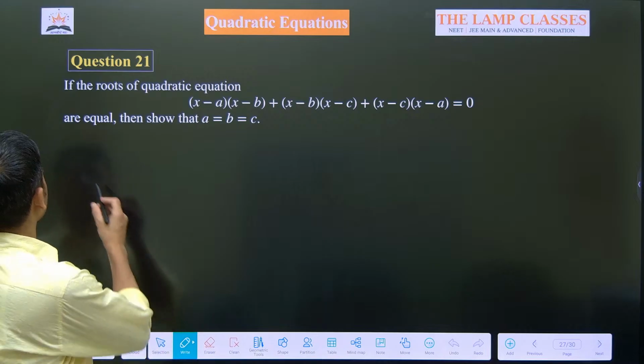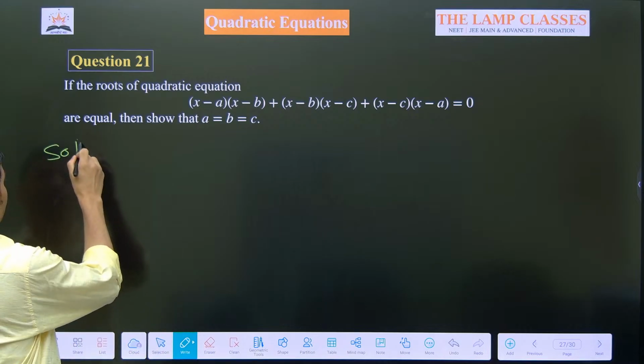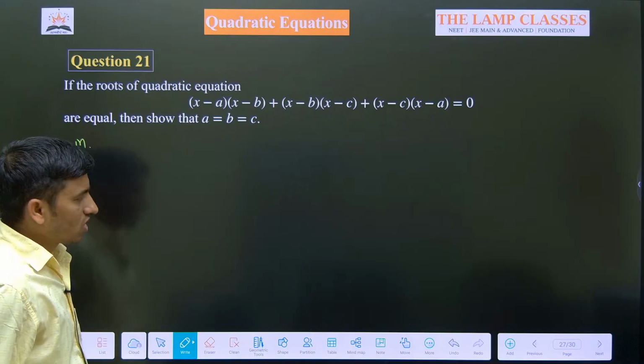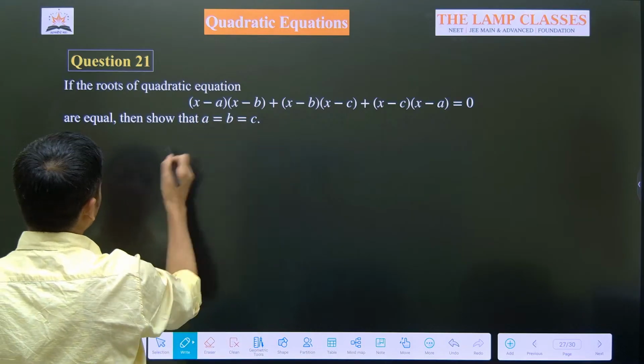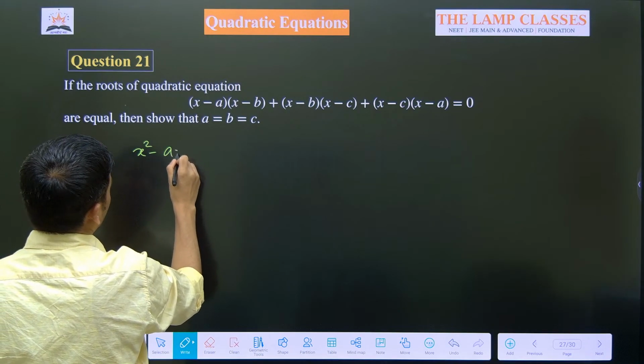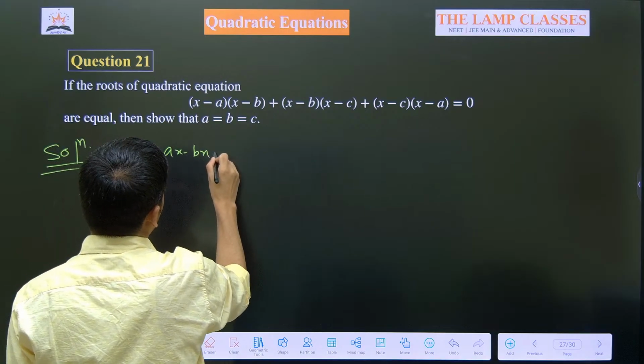Okay, so let's do it together. Mukund, did you get the answer of previous question, bacha? So solve it. So when we simplify, we get x square minus ax minus bx plus ab